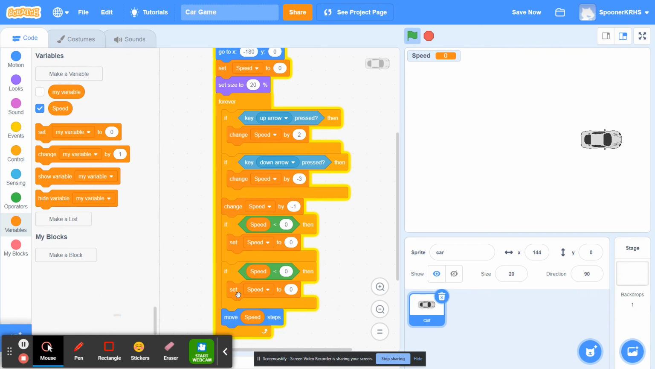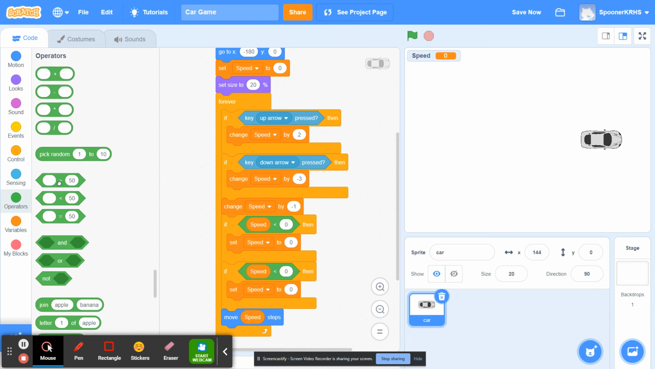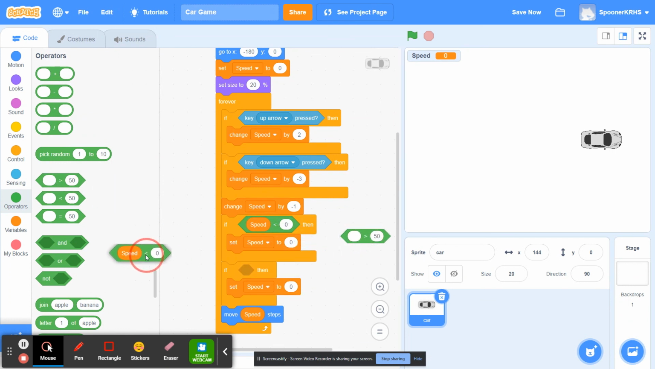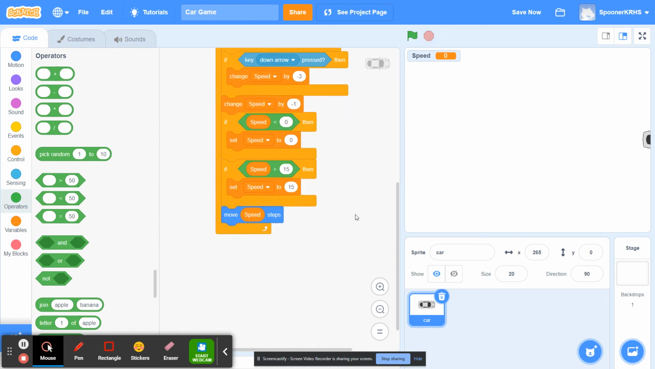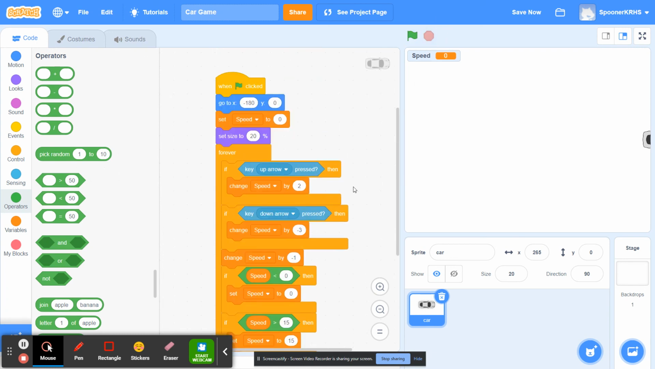Get rid of the extra move. If speed is, no, operators greater than 15, set speed to 15. So now I hit top speed. And then we can tweak all these things. But now we'll have a basic movement. Next step is we'll add a reverse button, and then we'll start with steering. But that's it for this